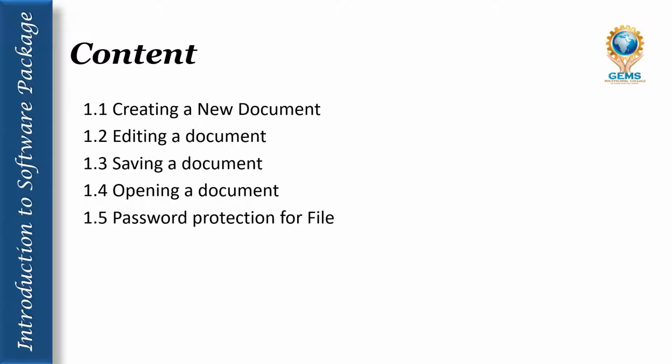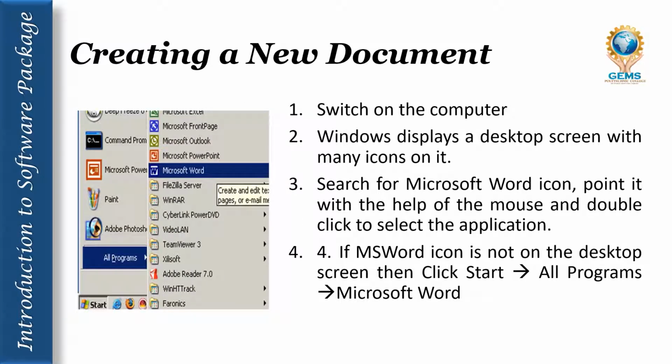First of all, we will see creating a new document. Before going to create a new document, we will see what is a document. A document is nothing but a description of electronic copy or hard copy of reference material for a product. So to write and create an electronic document on a computer, use a word processor or other text editor. Once a document is created, it can be made into a hard copy by printing it.